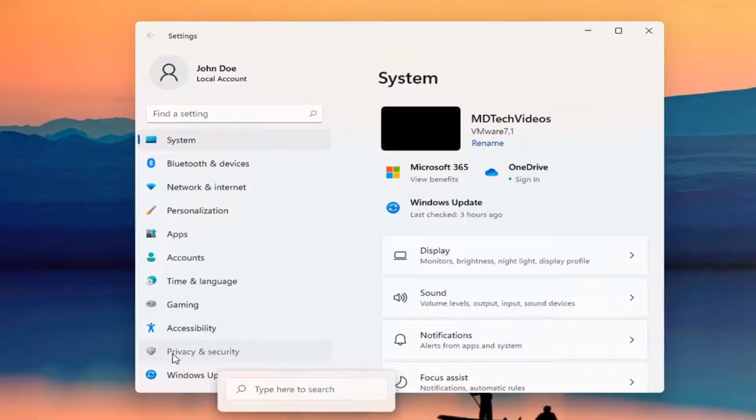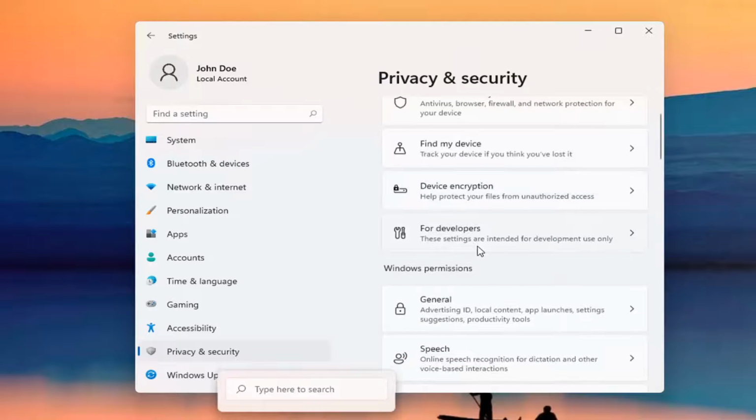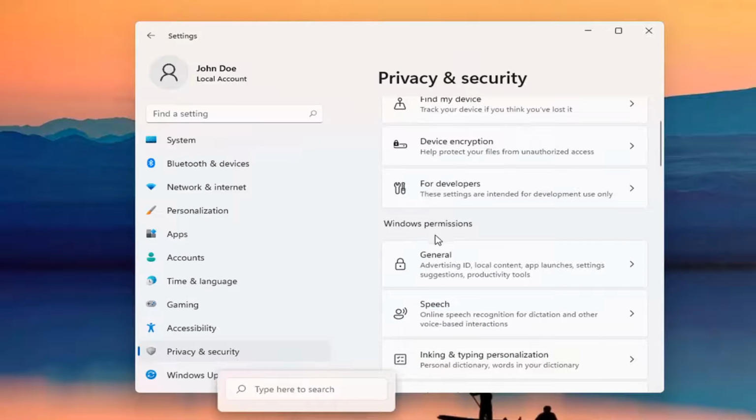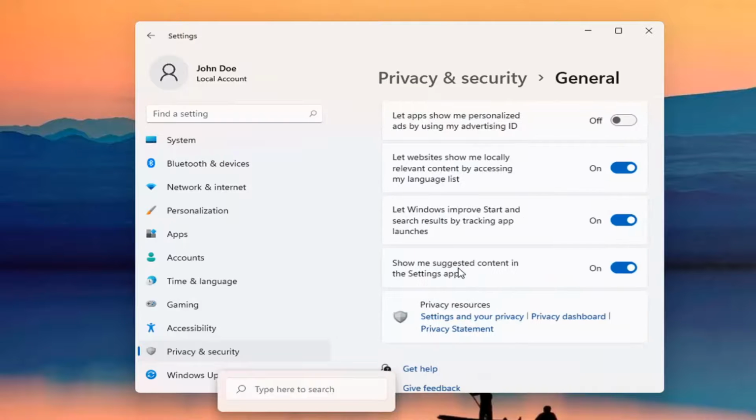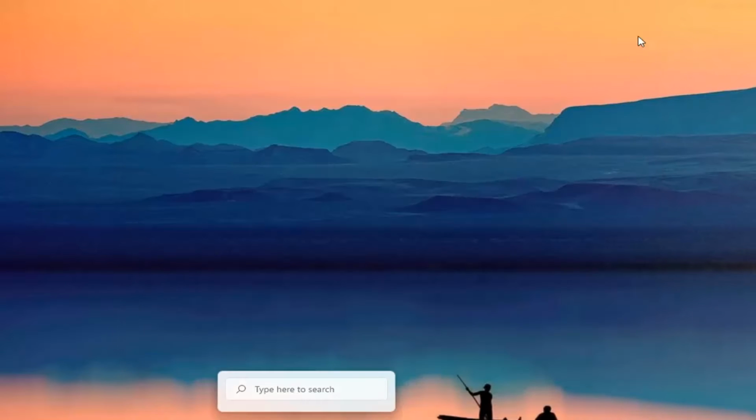Select Privacy and Security on the left side. And now on the right side, go underneath Windows Permissions and select General. Where it says Let apps show me personalized ads by using my advertising ID, you either turn that on or off. So if you want to disable that, just turn it off to opt out. So pretty straightforward process here,